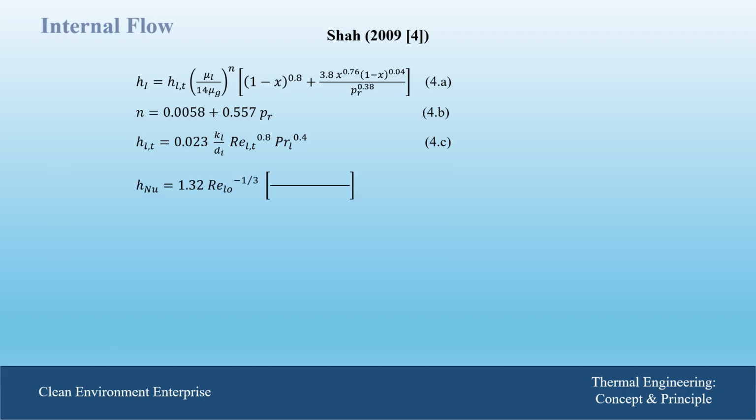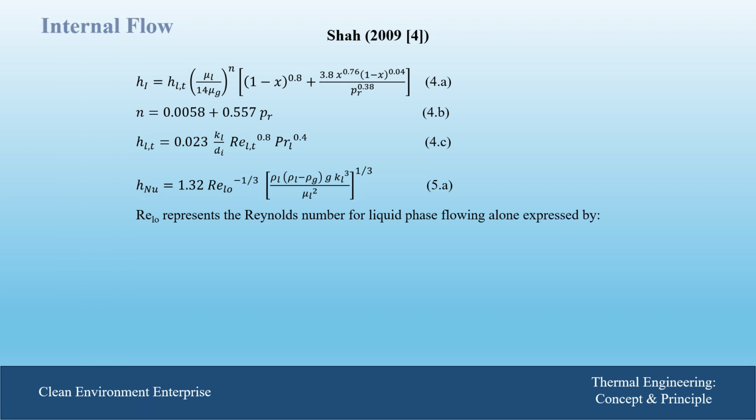And we have h_Nusselt and h_LT, and these values are used depending on the zone we are dealing with, and Reynolds number in equation 5a represents the Reynolds number for the liquid phase where it flows alone in the tube, and it is expressed by G times 1 minus x, because x is the quality of vapor, and he stated that this correlation can be applied to all types of flow orientations,